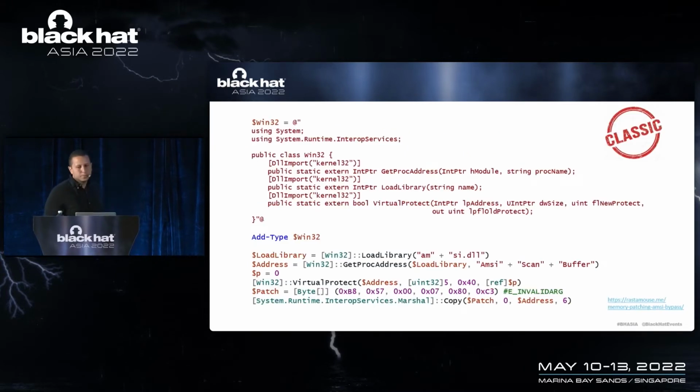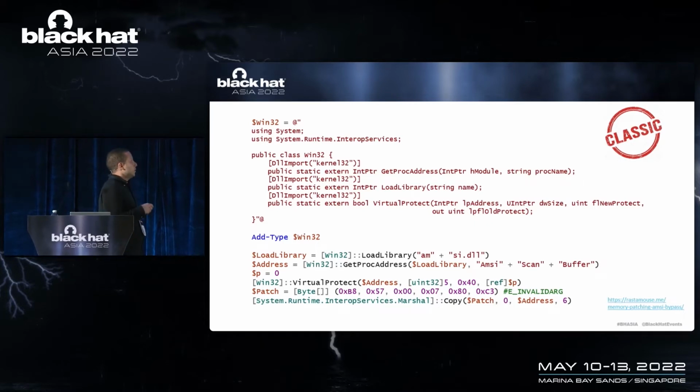So another bypass script that was published by Rastamaus and is also implemented in PowerShell, as you see, this is the most popular implementation of AMSI-bypass techniques, but it doesn't really have to be PowerShell. It can be any other AMSI-protected application. It basically calls the add type functionality in order to be able to call Windows APIs. We don't necessarily have to call add type, there are other options to call Windows APIs, but we won't cover